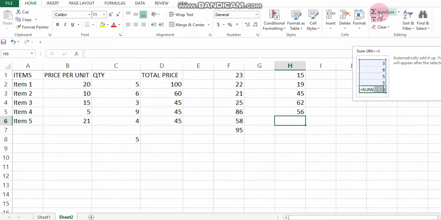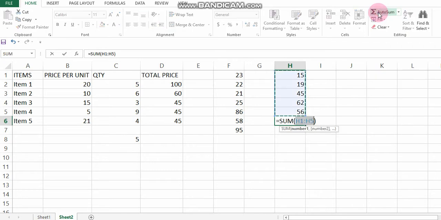It has a default sum function. It automatically takes the equal sign, the function name and then the reference. But it is possible only when you go with adjacent cells. Adjacent means cells which are closer to each other, like 15 is near to 1945, like this, right?